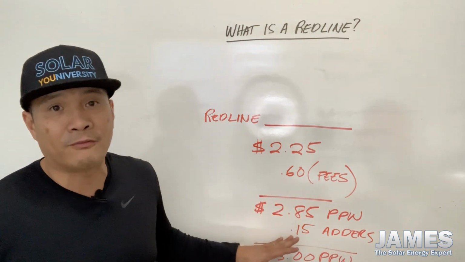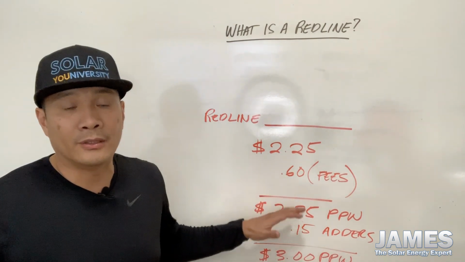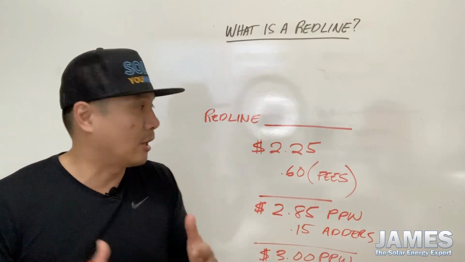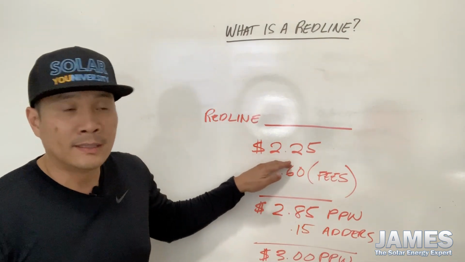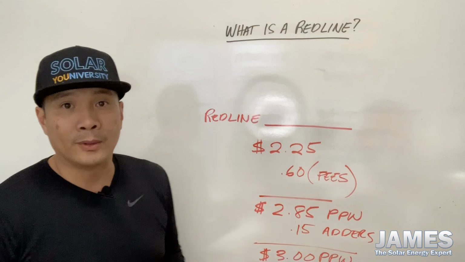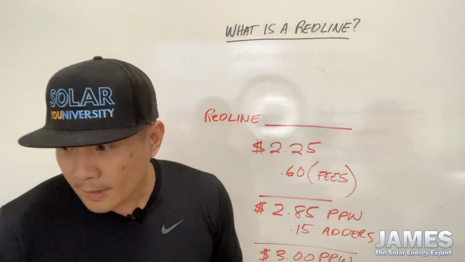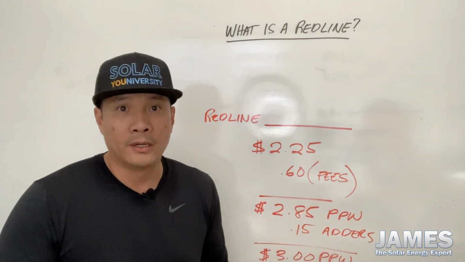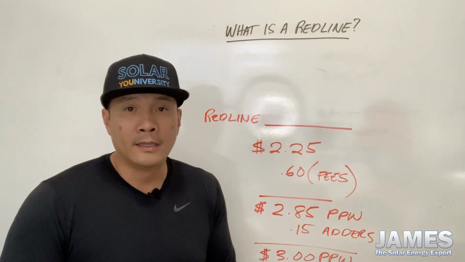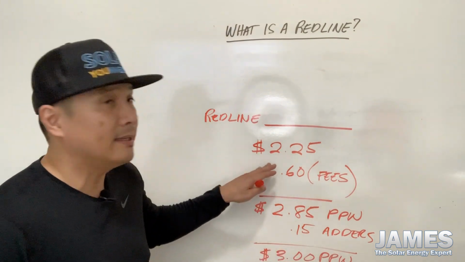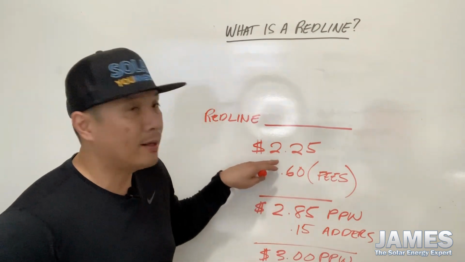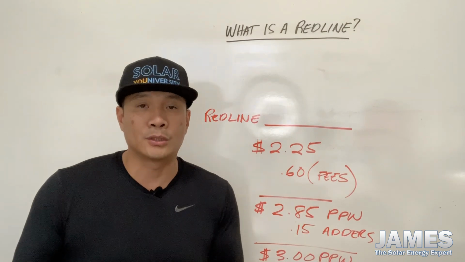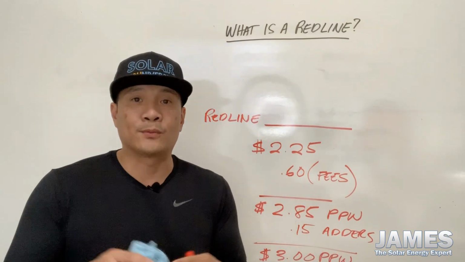Because some of this stuff you can't really foresee. You don't really know whether or not you have to add on certain adders. Obviously, dealer fees you would have to, unless they're buying the system cash outright. But that's why it's really important to start out with a really low red line with a solar company. It's super important. So let me show you how this directly affects your commission. Because the higher the red line, the lower your commission, basically. And ideally, you want to get right around $2 and under $2. Sub $2, like $1.85, $2 a watt is where you want to be as far as your red line